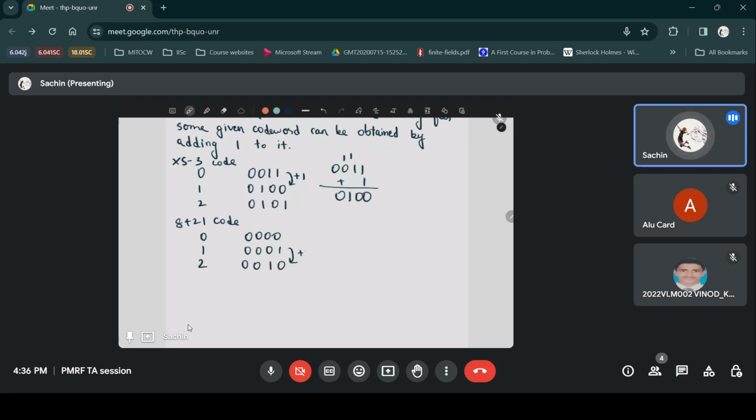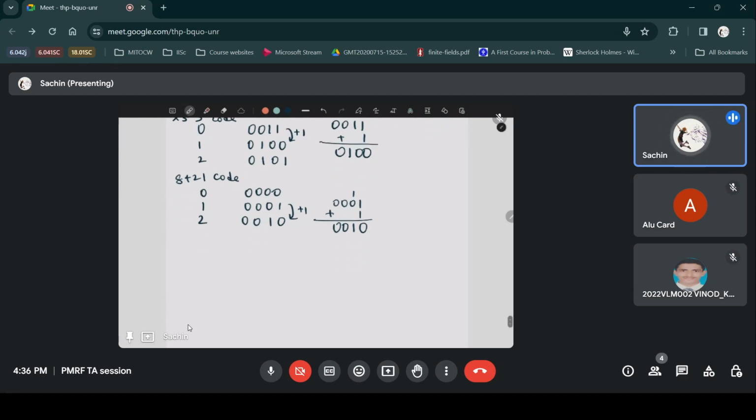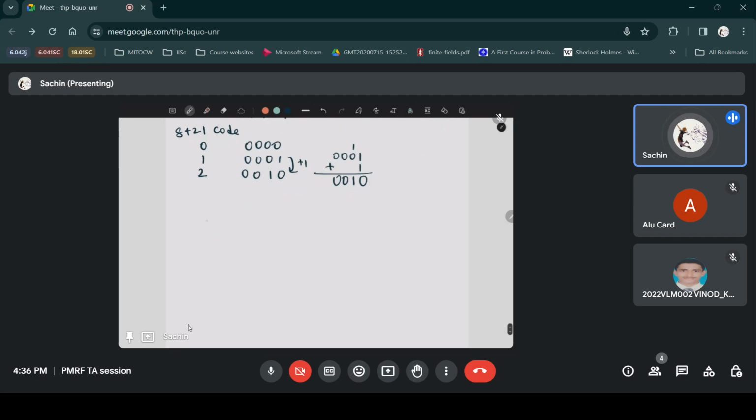So by adding 1 to 0001, you get 1 plus 1 is 0 with 1 carry, and you'll get the next numbers. So that type of code is a sequential code. And if you observe in gray code,